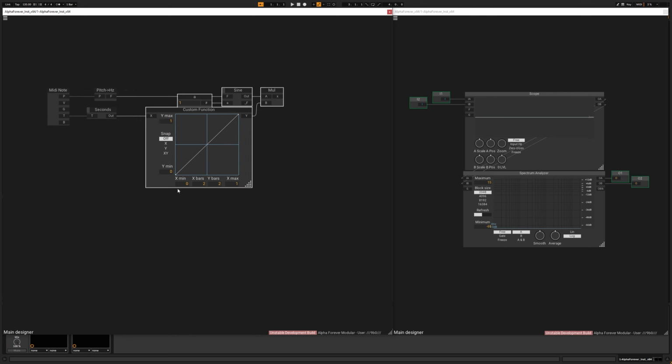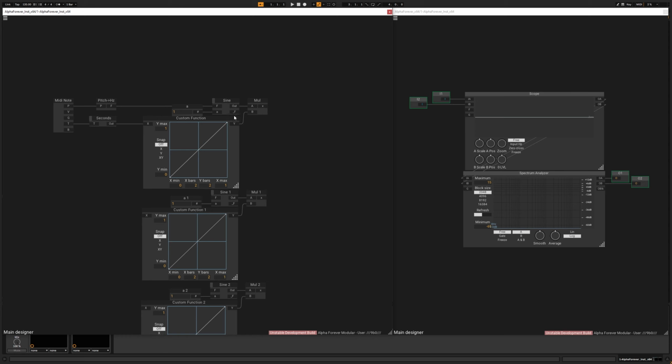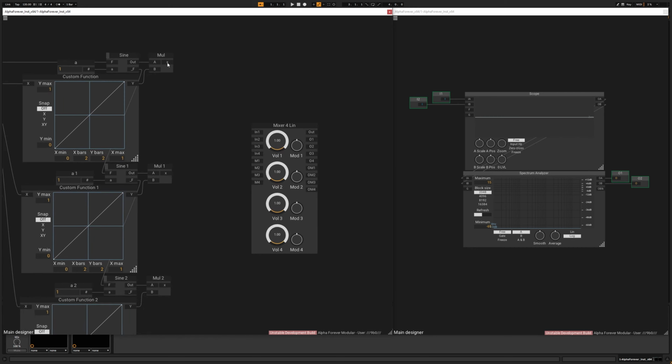Yeah, let's copy this patch 2 times, 1, 2, and we pass the frequency to the next node like this, and seconds like this, and we need a mixer. Connect this up like this,